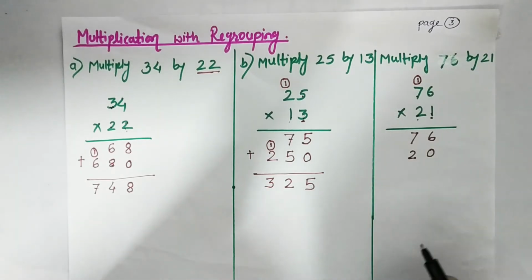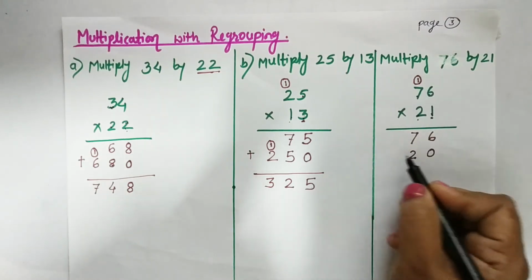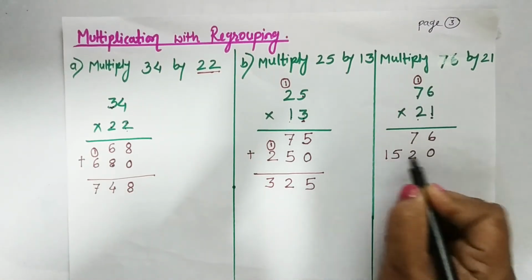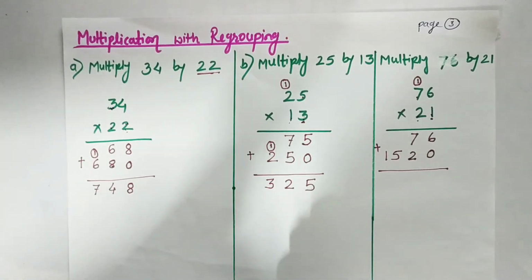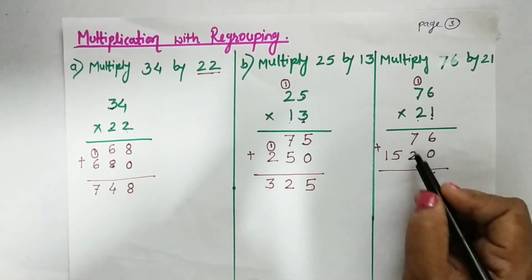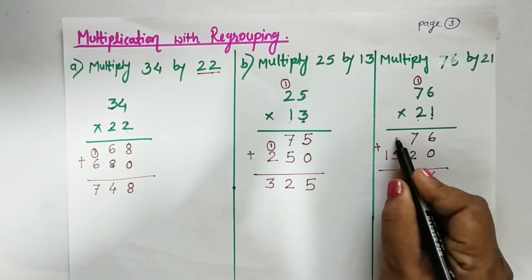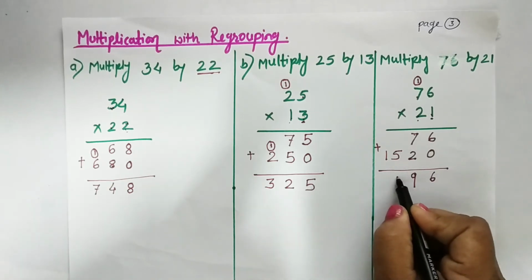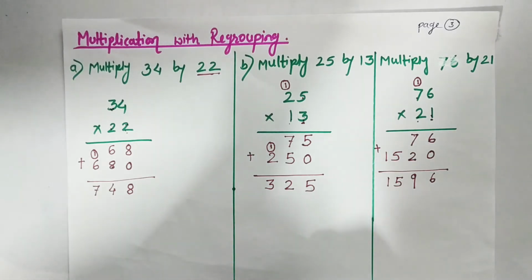the tens place. Now 2 into 7, 14. Okay, 14 plus 1, 15. So write 15 over here this way. Now add these numbers. 6 plus 0, 6. 7 plus 2, 9. Okay, there is no number, it means nothing, 0. So this will become 5 and this is also 1. So this way you have to solve